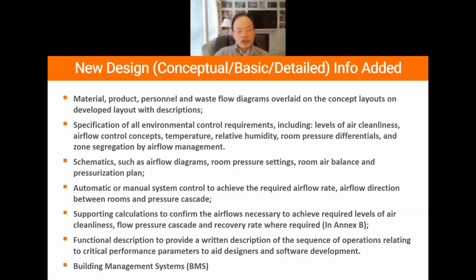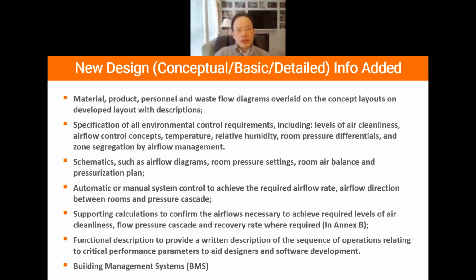Now there is a new trend: sequence of operation can be well embedded into the computer software, and there is a new trend for adaptive control, even AI control. So when design engineers write down their sequence of operation, some of these could be incorporated into the control logic